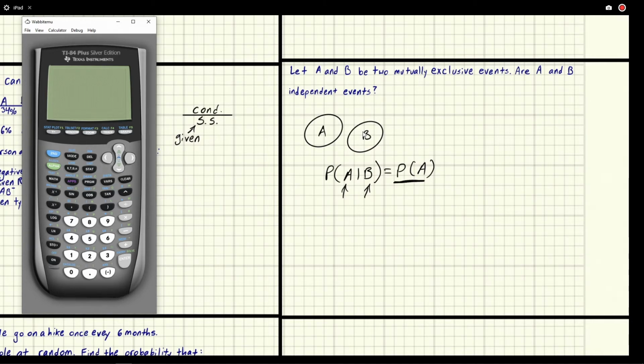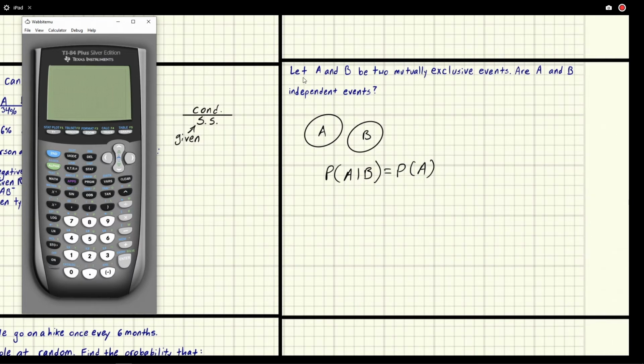So the probability of A. This is really useful if you do a study of two events, like let's say gym memberships and how much weight you can lift. If you can lift above the average amount of weight, you would think that they would be dependent. So the answer would not be the probability of A, because you would think they'd be dependent. So you could do this study and see if this is true, and you could prove if it's really dependent or not, and by how much, right? So that's an example of independence. A coin flip would be independent. Now, when I say coin flip, it's two coin flips.